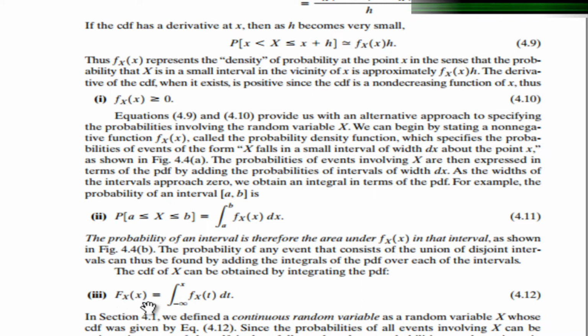If you want to find out the CDF, this is the CDF up to point X. What will you do? You will add from minus infinity up to that point, and you will get the CDF. You will add all those points, because integration is basically the addition in a continuous function. So as we have been discussing the continuous function,